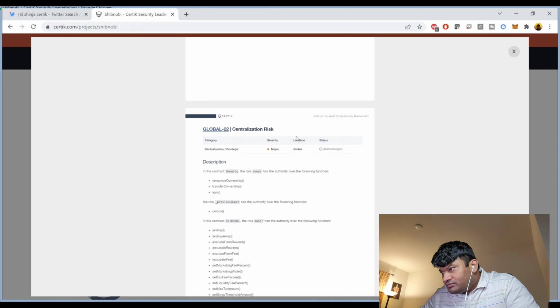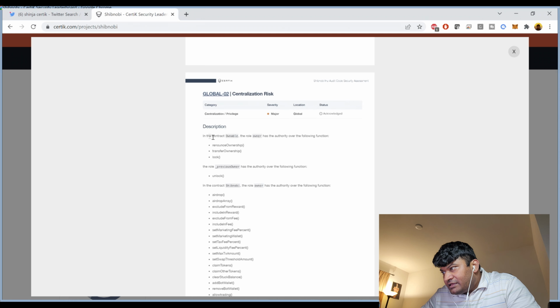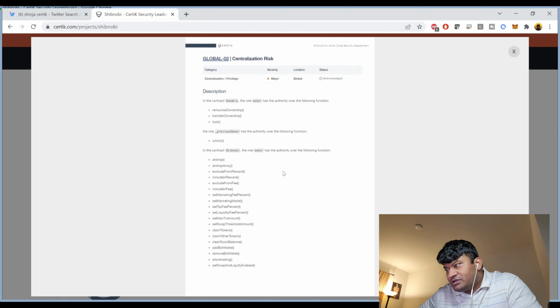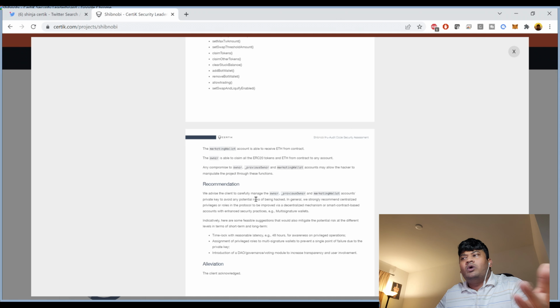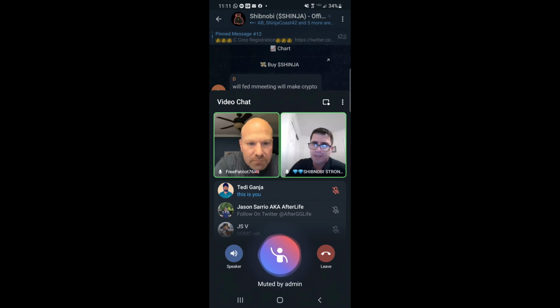So global O2. So right here, centralization risk. It's in the contract Ownable, the role owner has authority over the following functions: renounce ownership, transfer ownership, and lock. So Cliff talks about this real good, the evaluation or recommendation from what they said, and Cliff addresses it. People don't quite understand, and it makes sense after you hear Cliff break it down. So what else, Cliff? So the next major was